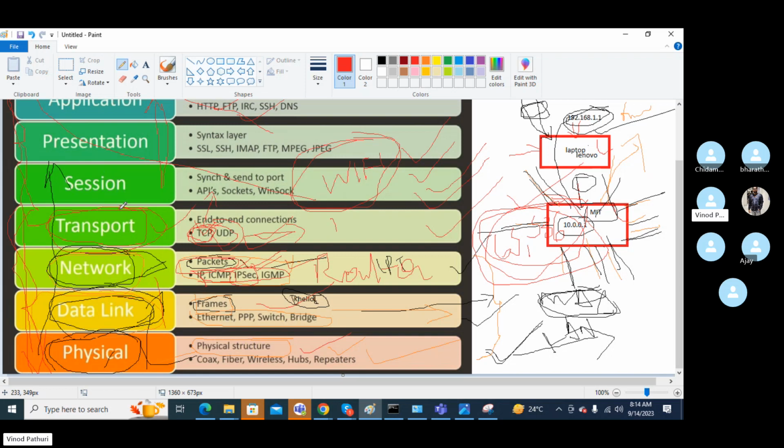TCP is transmission control protocol. So UDP will say, I'm not responsible for data delivery, I'll just deliver it. It is like a Wi-Fi connection. Whether you reach the internet or not, it doesn't matter, but you have to send the data. Whether it reaches your destination or not, it doesn't matter.